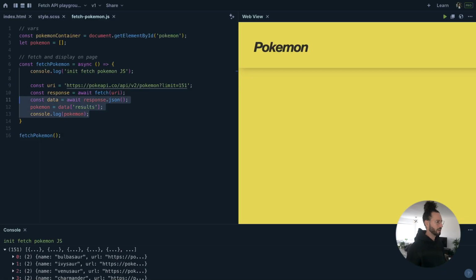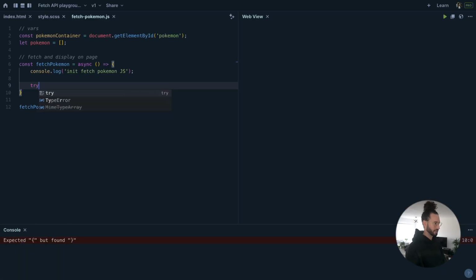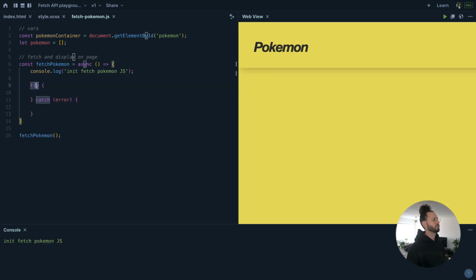So we're going to wrap this in a try-catch block just for a little bit better, more graceful error handling. It's kind of like a safety blanket. It's just like an extra layer of security for us to handle an error if there is one. So I'll just grab these lines here. Let's get our try-catch block going. And then we want to try